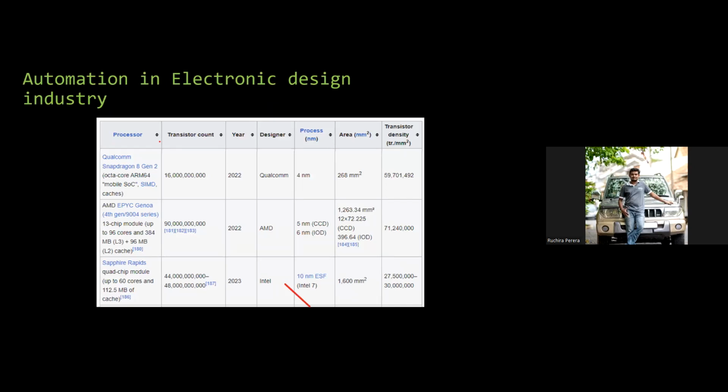Yes, another example that I needed to show you. You can see this is a list of current processors that we have in the market. Can you see the transistor count and the area? Actually, this slide has to be before the last one I explained. In this one, the AMD Genio IC, the transistor count and the area. And this last one, Sapphire Rapids,